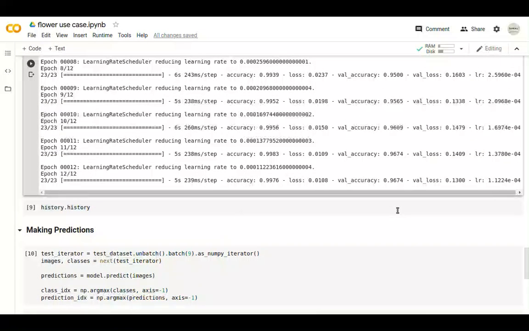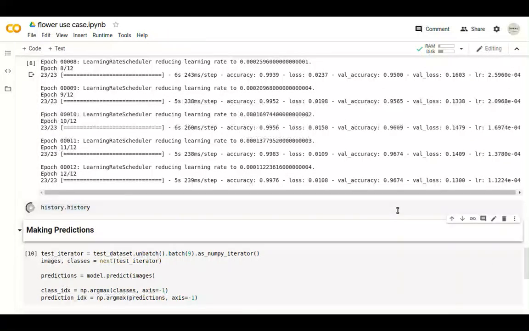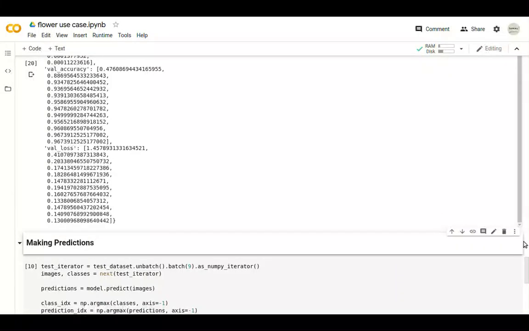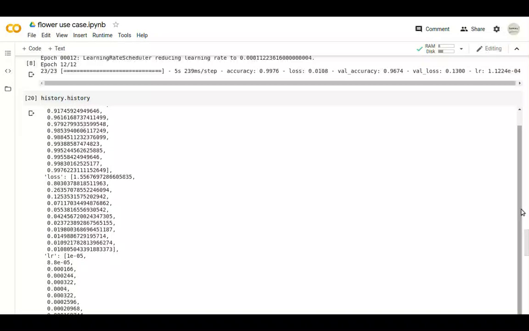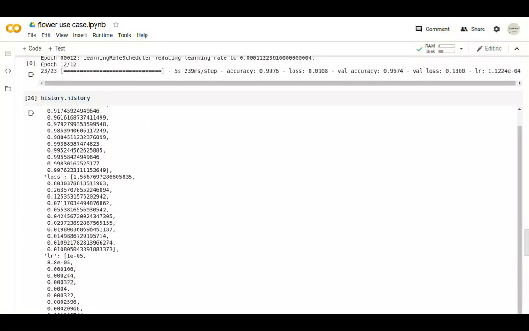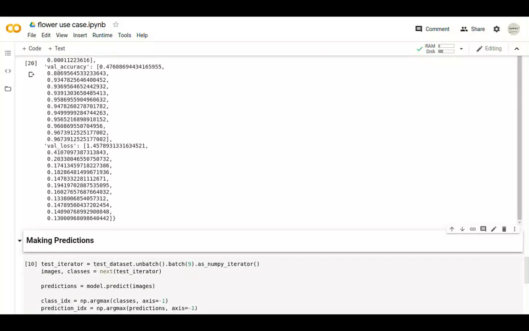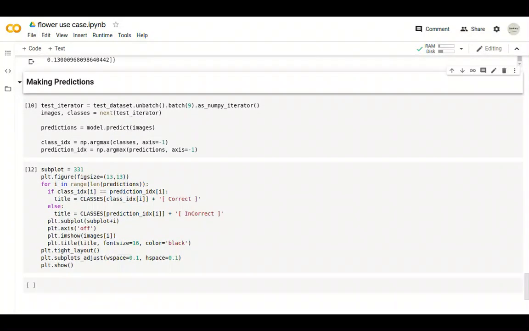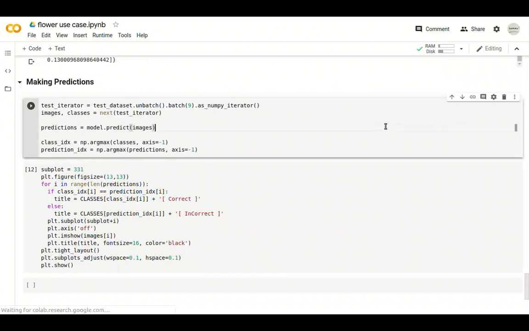Now the history shows the output of the model, which gives metrics of accuracy, loss, and learning rate over each iteration. Now the final step after creating the model is making the predictions. Making the predictions over a test dataset will tell us how accurate our model is and how well it is working. So we will be making the predictions by